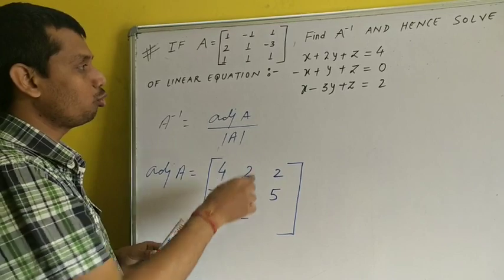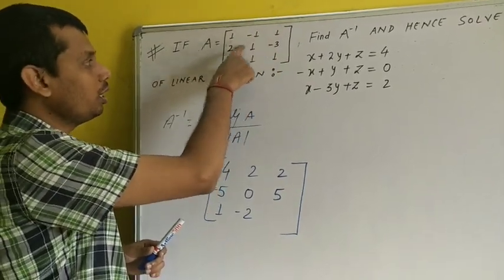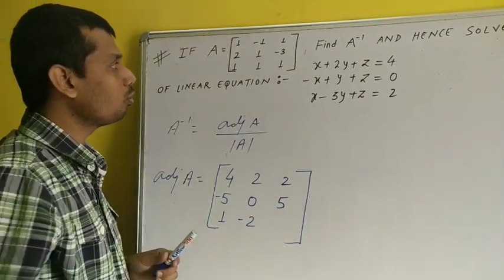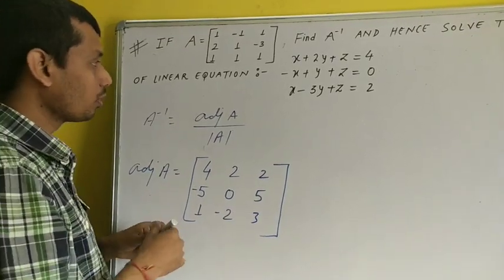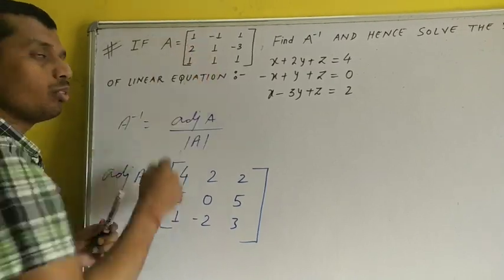So this will be plus 5. Now next to it, its position sign is plus. Now we will not consider these two. 1 into 1 will be 1, and minus of minus 2 will be plus 2. 2 plus 1 is 3. These two we have not considered. 1 into 1 is 1. Minus of minus 2 is plus 2.